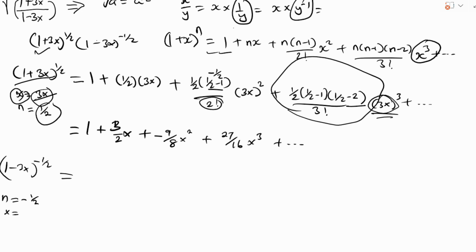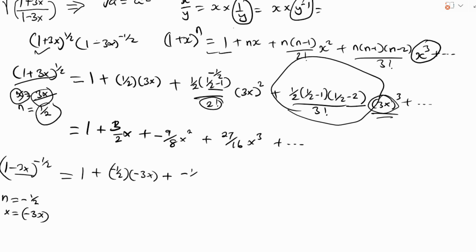All right, now let's expand. We start from 1 and then added to it, our n, we say it is negative a half, put in brackets, and then negative 3x as our value of x, and this is added to